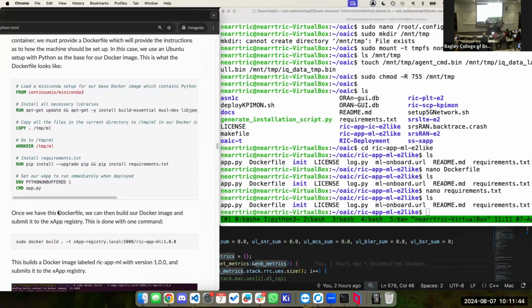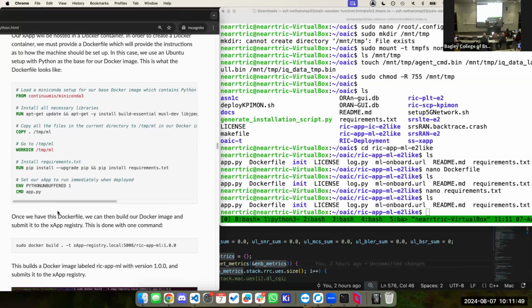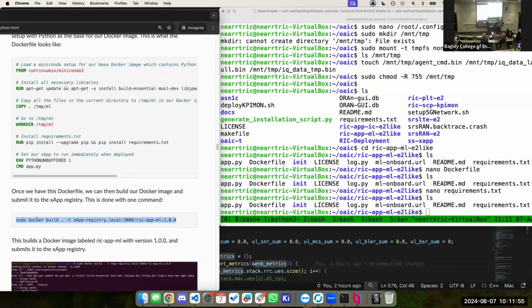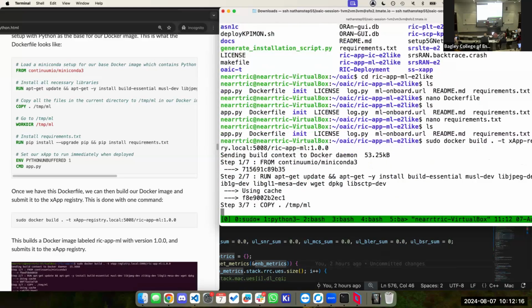Once we have the Docker file, assuming that you have the system and the RIC and everything set up previously, we build this Docker image and we submit it to the xApp registry. It should be similar to what we ran in the past, but there's the sudo docker build command here. It'll build the Docker file into an image and store it as xApp version 1.0.0. So if I run this,